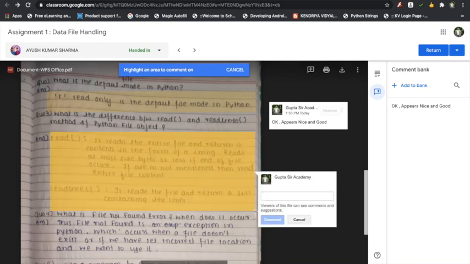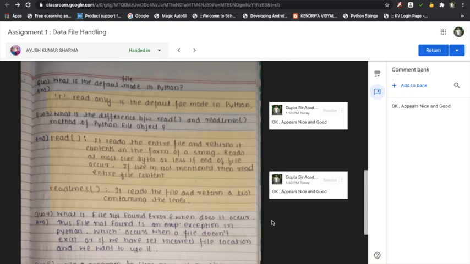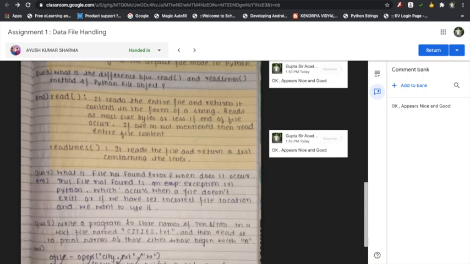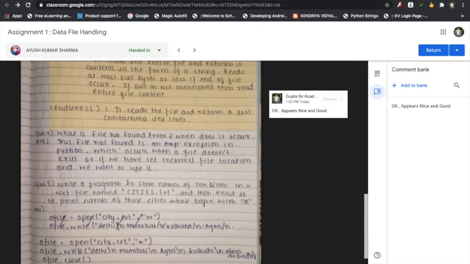So again, I just have to go here and copy to the clipboard. You only have to copy to the clipboard once, and then come here and press Control V to paste, or right click and paste. Then click on comment, and it will be commented. Like that, every question will have individual comments which a student can see. If he is making some wrong thing, you can also write that. In this way, you can evaluate their copies and it will be saved forever. So this is the way we evaluate.